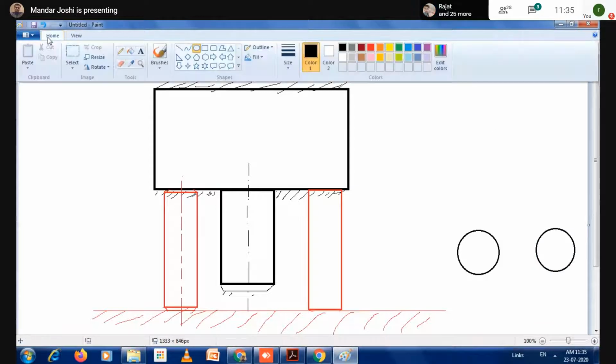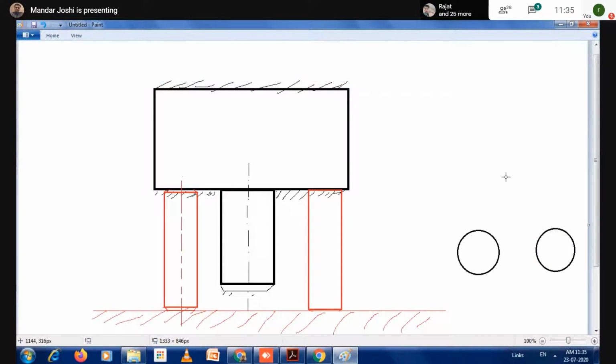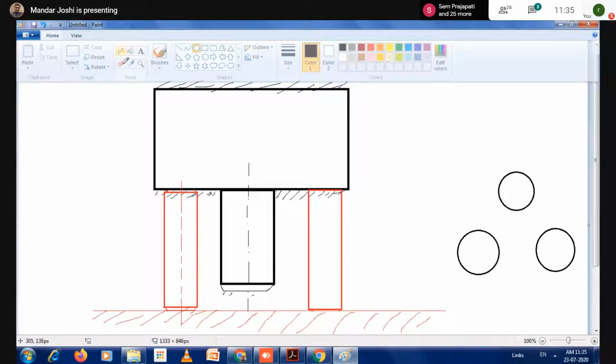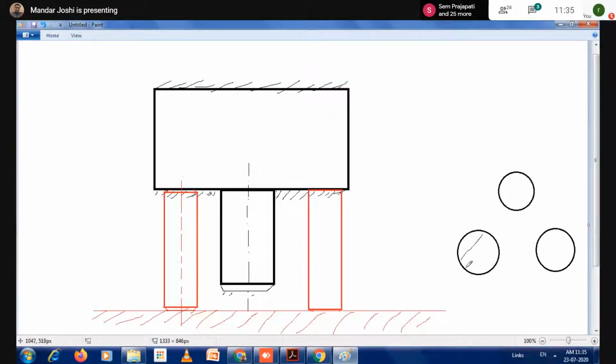Not necessarily do all diameters have to be the same. They can be different diameters also, as per your contacting area. So these are three pins. If you see from the top view, you see this location of three pins like this, and there is a hatch area. This is your contacting surface.